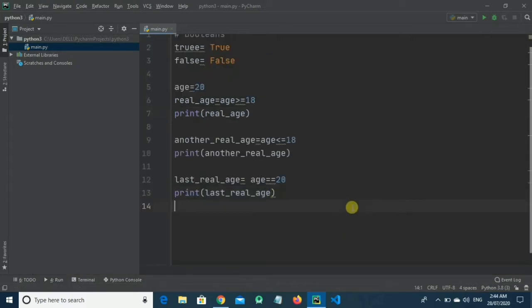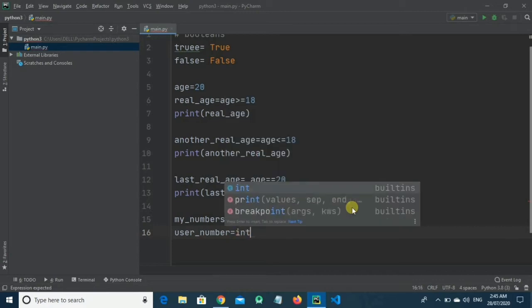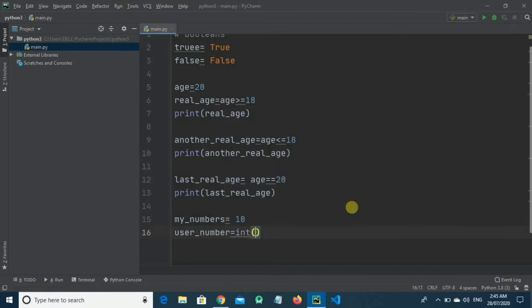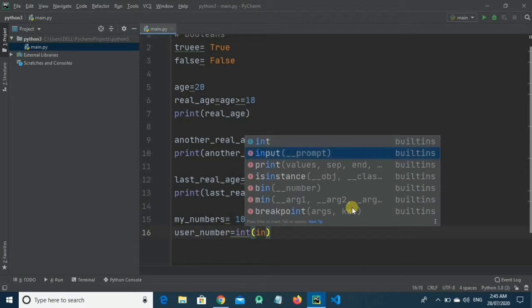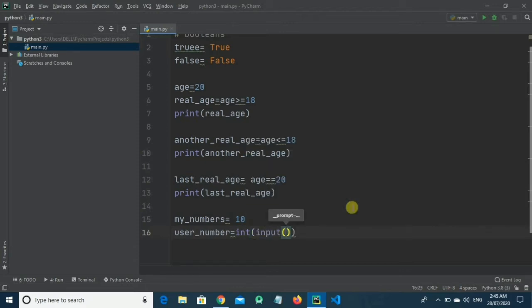Let's take another example where we will declare a value. I'm declaring my number is equals to 10, and we will ask the user to input a number. We will declare another variable here, user number is equals to, now we need to convert the input into an integer as we have seen in the last video. So we will declare integer here, integer, now input, and in the string we will write enter a number.